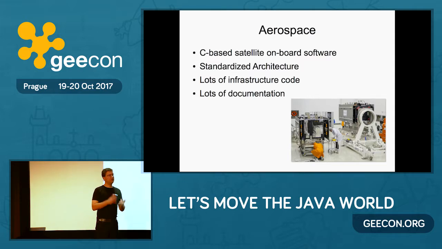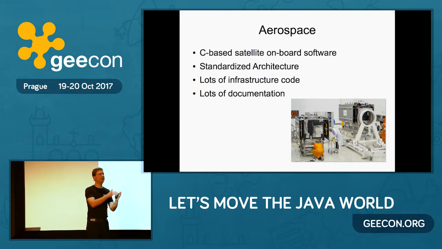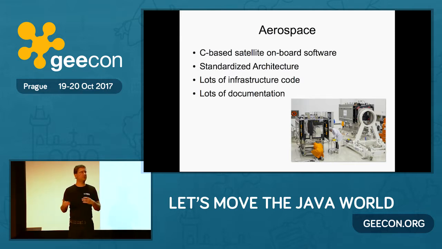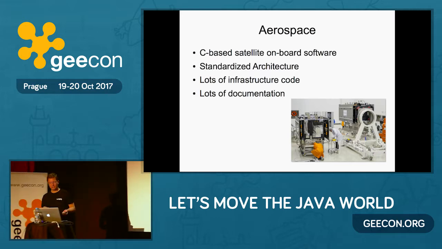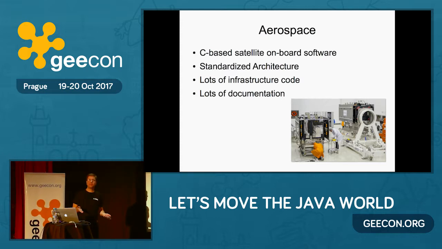So you have to write a very formal specification. You have to track all the requirements, where you meet them in your code. You have to document your processes. And also you have to integrate with infrastructure code, which is not always very intuitive. If you want to communicate with the navigation system of the satellite or other systems, you have to integrate well with the infrastructure code. So can language workbenches help there? I've got a few examples from